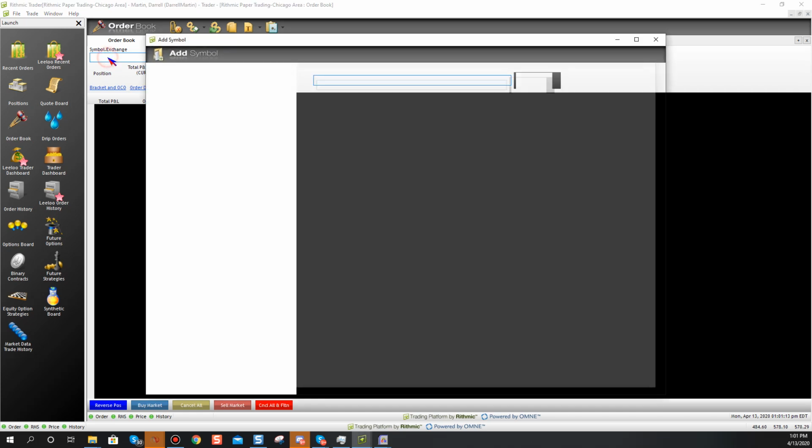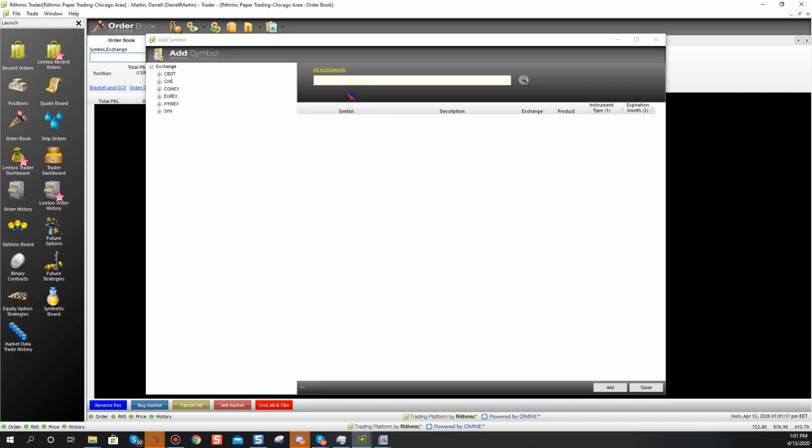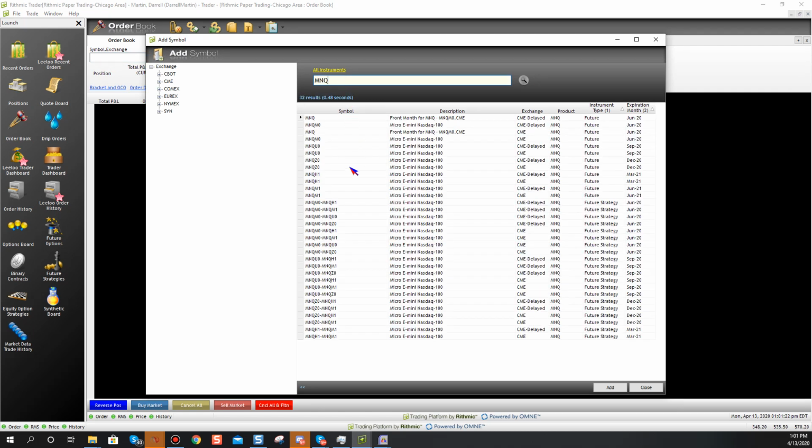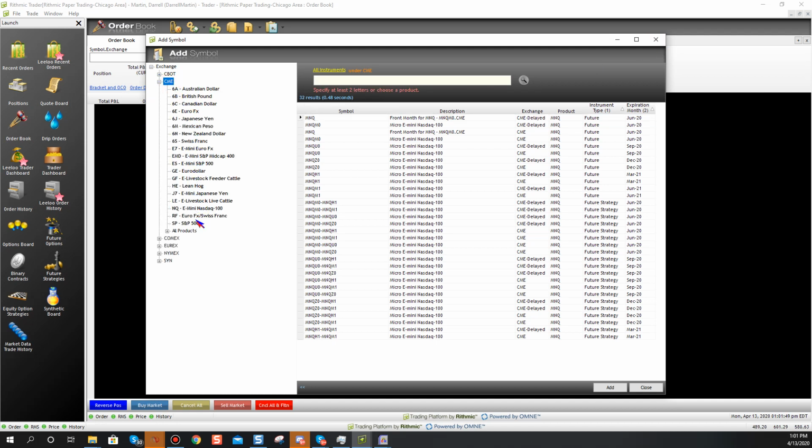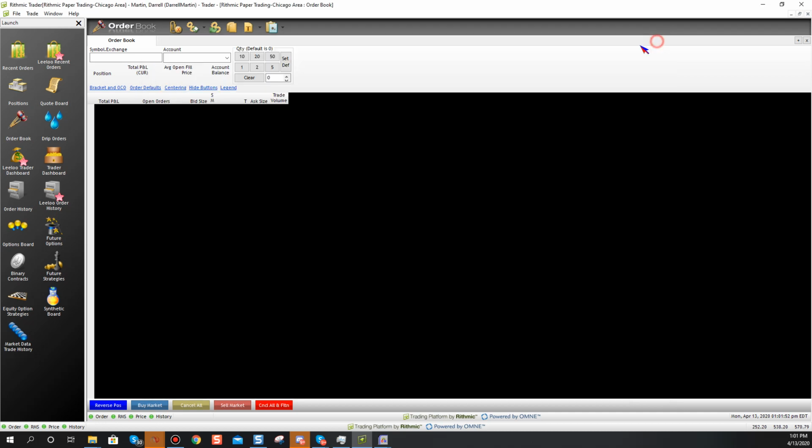Now, you can also double click on here if you don't know what the symbol is. And let's say you type in MNQ. It'll bring up all the MNQ symbols that you want. So you could look for MNQ and then try to find the current symbol that you're looking for. So this shows you front month is MNQ right there. Okay? So that's how you can find symbols. You can also go down and look them up separately as well. But let's just, for test, we'll type in MNQ